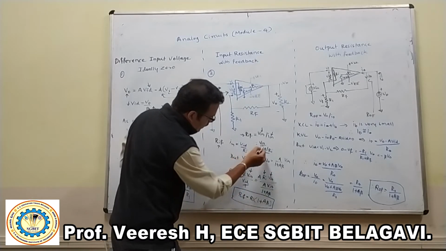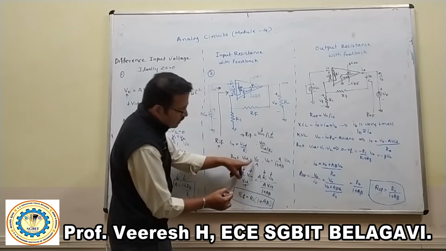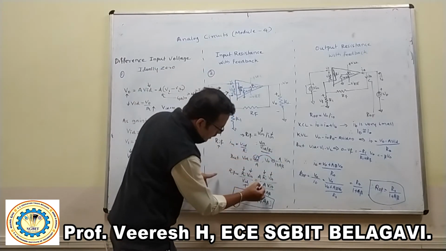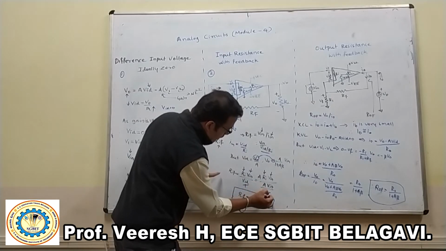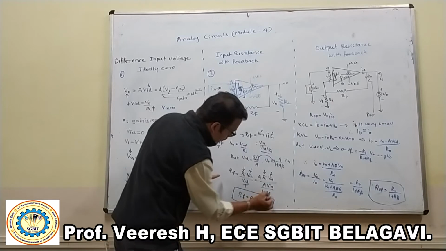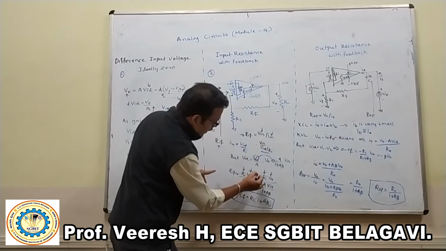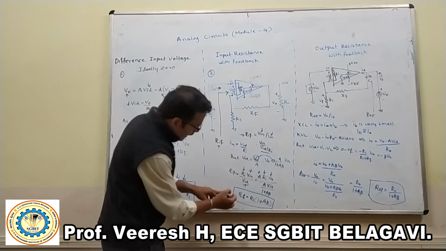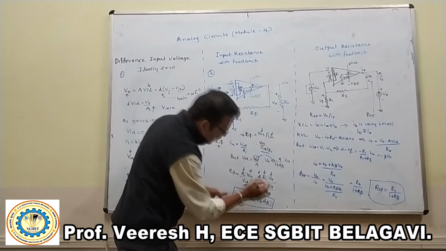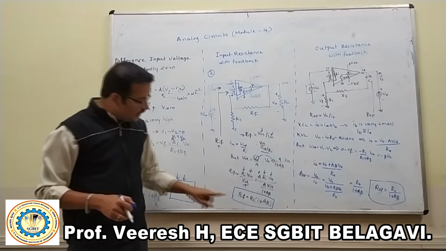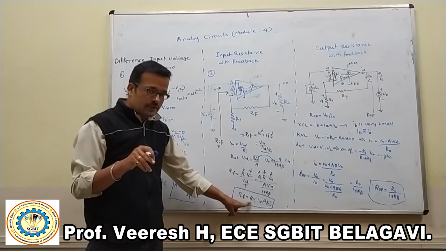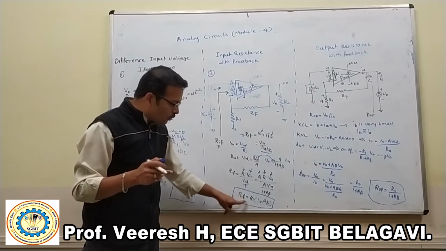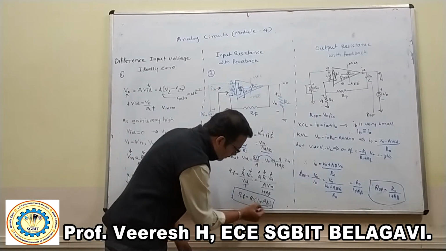Now, what is V0? VID is nothing but V0 divided by A, but indirectly V0 is nothing but this parameter. So I will be writing A divided by 1 plus A beta into Vin. So all this is V0 divided by A. That is A, I have written here. So after cancelling the similar terms, what will I get? RIF is equal to Ri into the bracket 1 plus A beta. Here two resistance parameters are there. Ri is the input resistance without feedback, and RIF is the input resistance with feedback, and these two are correlated by a factor 1 plus A beta.